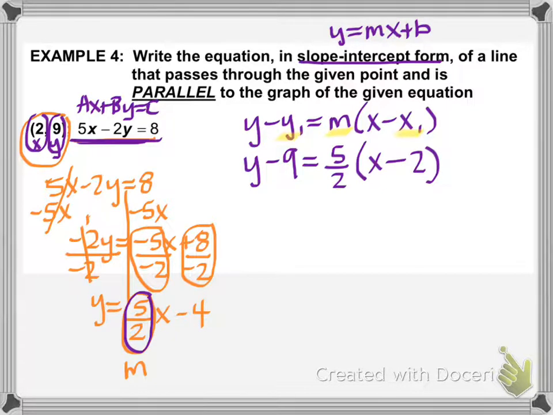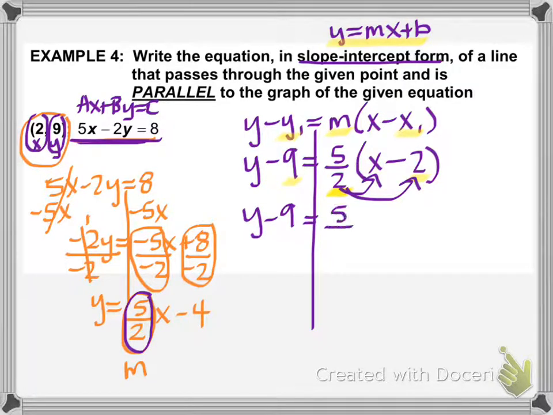So just to show you what we did, we replaced the slope and the x and y of the point we want it to go through. So remember what we do now. Right now this is in point-slope form, but remember we want it to be in slope-intercept form. So now we're going to distribute that slope into our parentheses, multiply it by the x and the negative 2. So we have y minus 9 equals 5/2 times x is just 5/2 x,